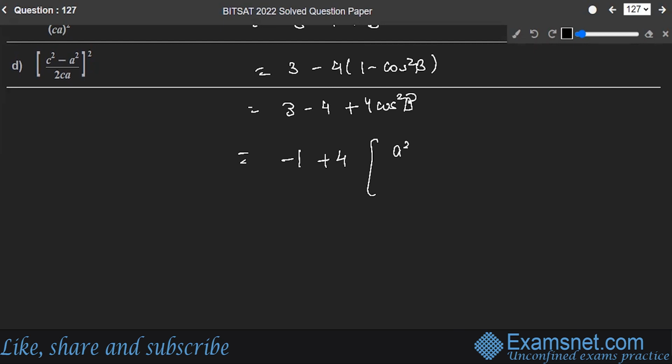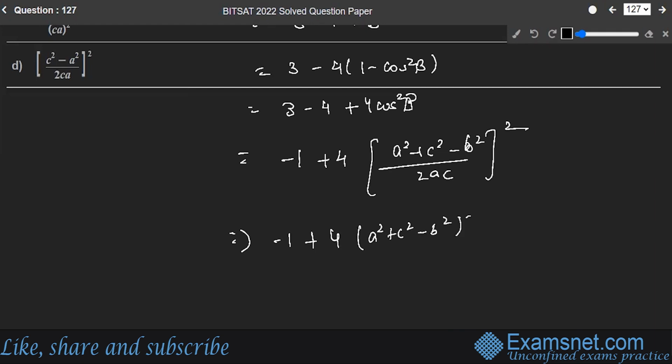This is equal to a square plus c square minus b square upon 2ac. Or you have minus 1 plus, let's open it up. It was cos square, right? So this will be squared as well. So this will be equal to 4 this upon 4a square c square. 4 and 4 will cancel, and you will have